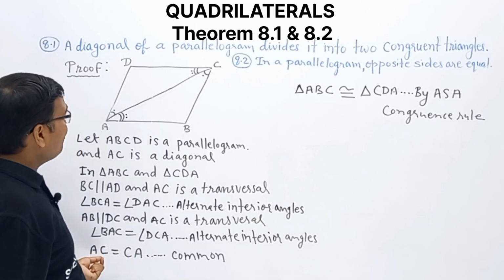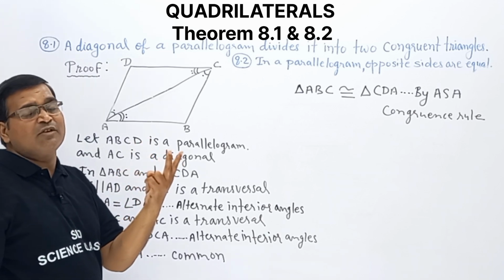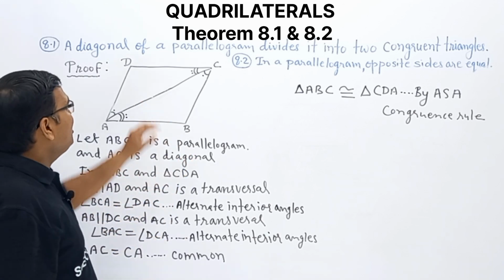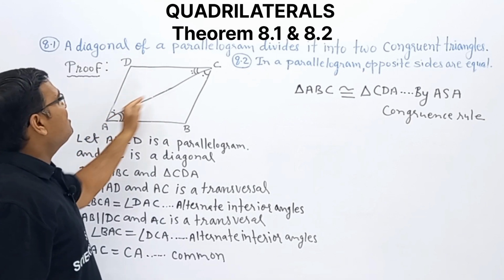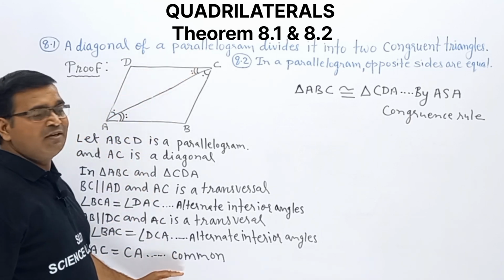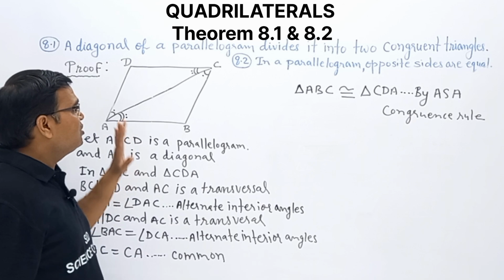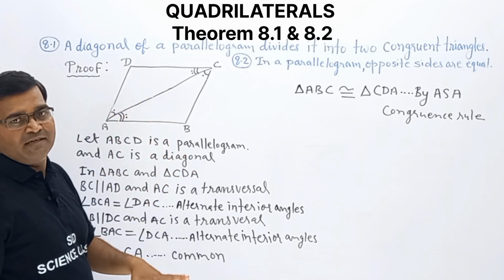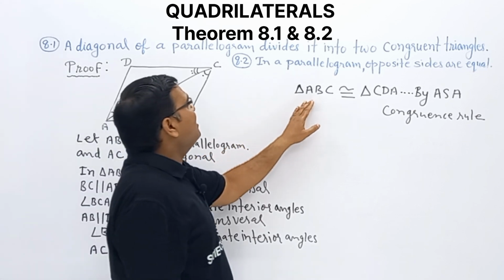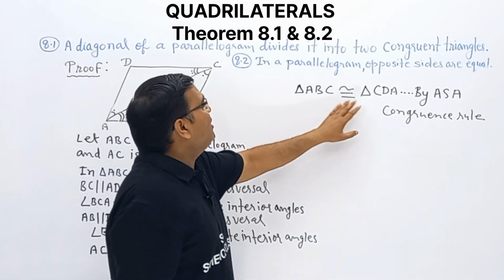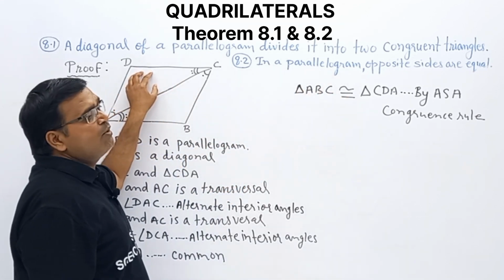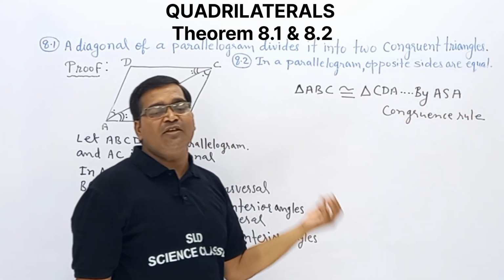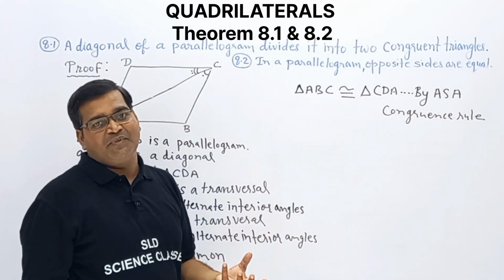Clear? Now next one, two things. For the congruence, three things are required, but two we proved. Now only one thing is required. In both the triangles, AC is common. So three things we obtained. Three things of both the triangles are common. So what can we say? Triangle ABC is congruent to triangle CDA because of the angle side angle congruence rule. Three things we observed common.